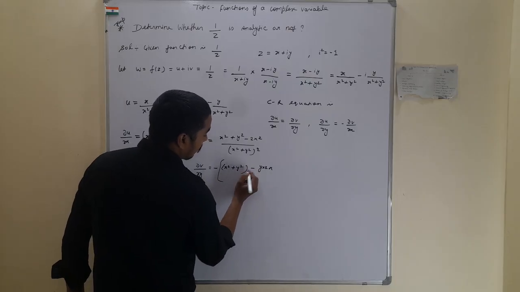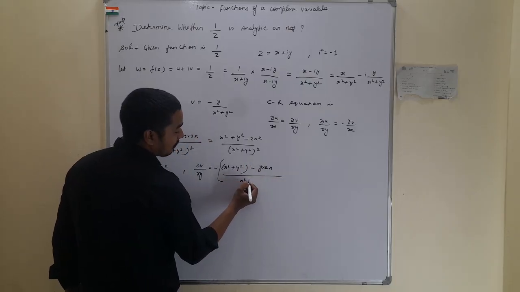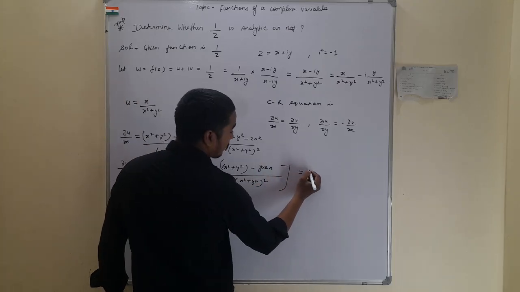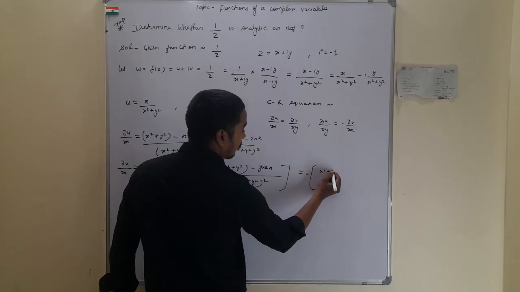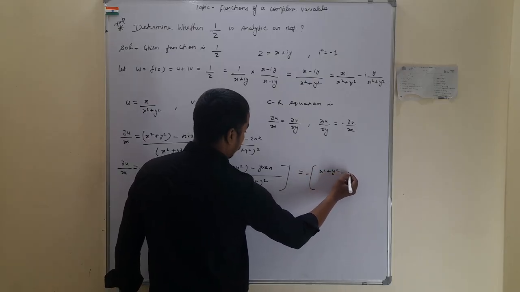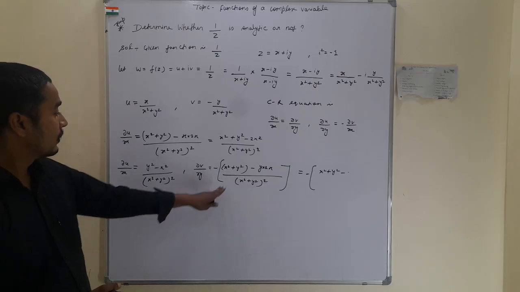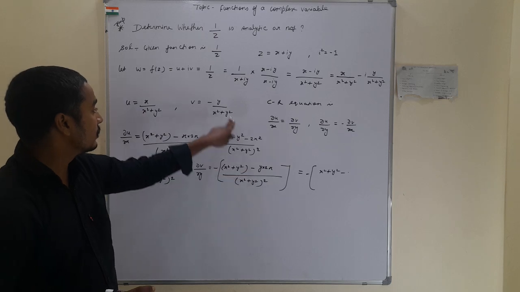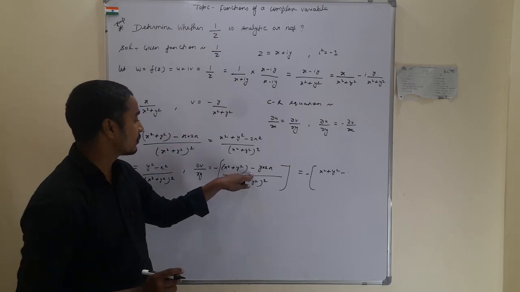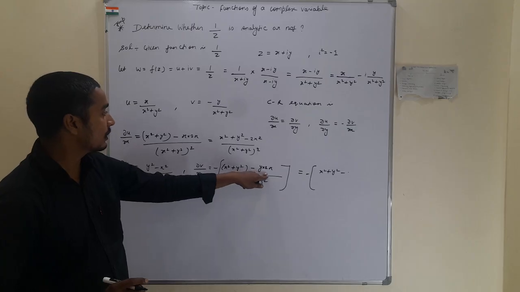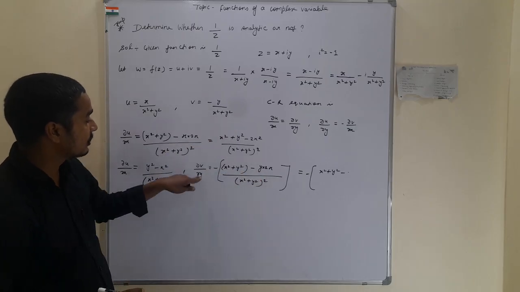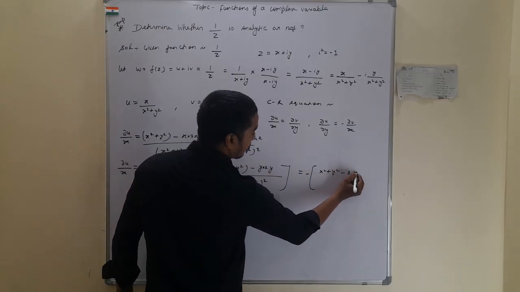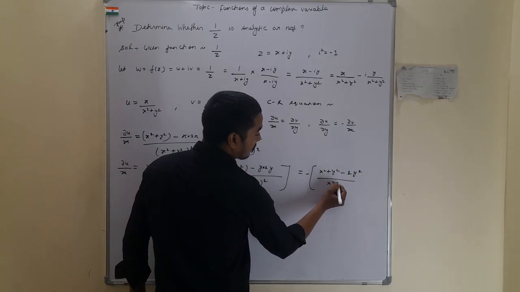Here is minus, upon (x² + y²) whole square, and from here we have to get x² + y² minus of, once again, the first function x² + y², and again y, the second function, differentiating with respect to y, this gives 1, minus of the first function y, and again x² + y² differentiating with respect to y, here is 2y. So we have to get here minus 2y² upon (x² + y²) whole square,